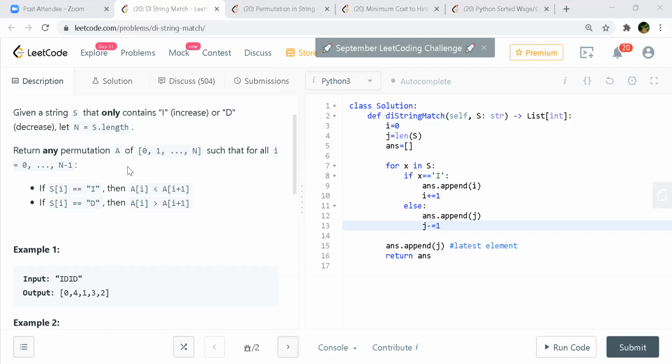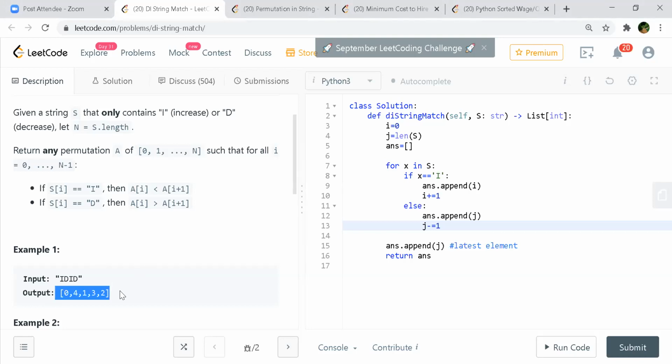They are telling you to return any permutation, not any permutation of the answer. But that is what it comes to, right? If it's a permutation of A, either you return 0 to n, or you return what you have said in example 1, correct? Yeah, so this is a permutation only. This part is a permutation of this entire set of numbers of A, right? But what Praveen is asking is, is it possible to have another permutation other than 0, 4, 1, 3, 2? You can exchange 4 and 3.